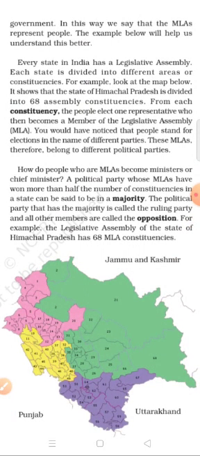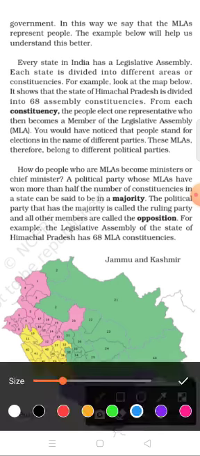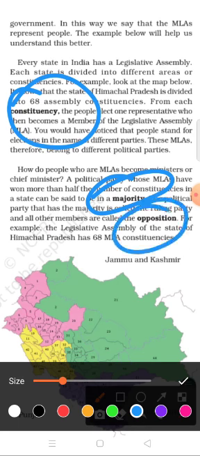Only two seats we have more. In Himachal Pradesh we have 70 seats plus one seat, which is reserved. We do not call it reserved, okay, one seat is nominated from the Anglo-Indian community's representative. So we have 71 members of the legislative assembly, and 5 members of parliament we can choose from our state. So we learned about the constituencies, we learned majority and some more words, just like majority, opposition, leader of opposition.